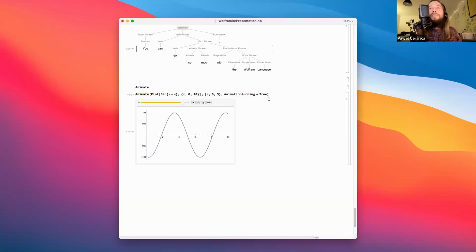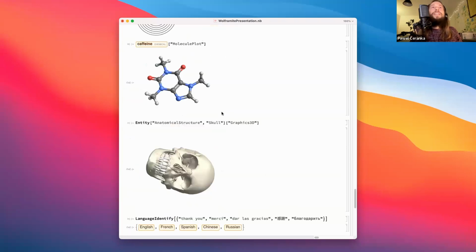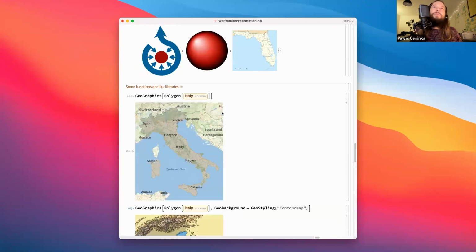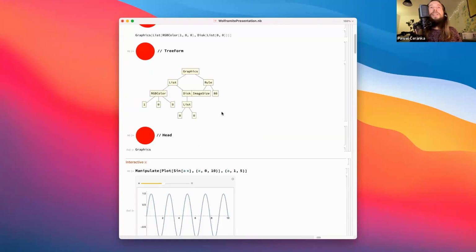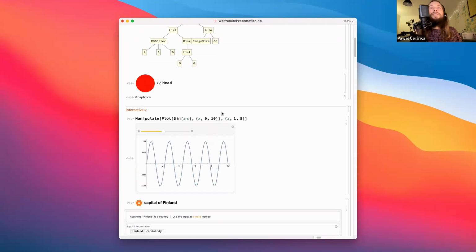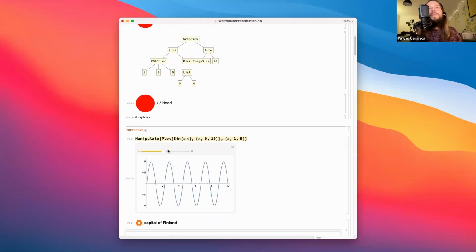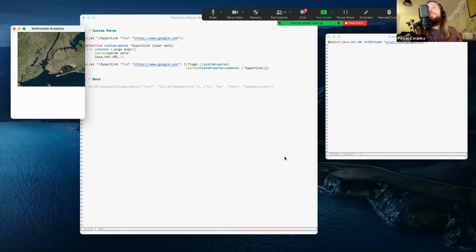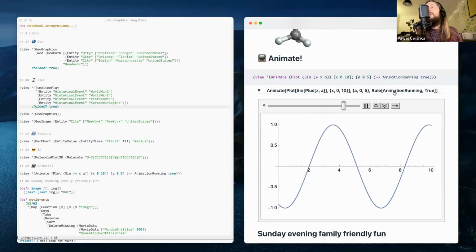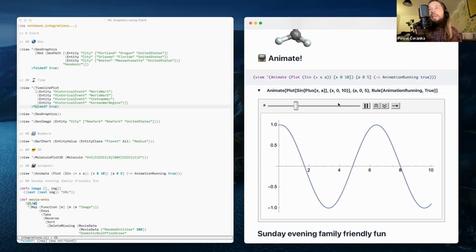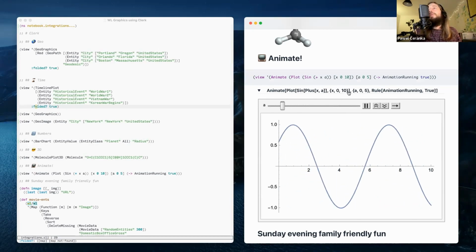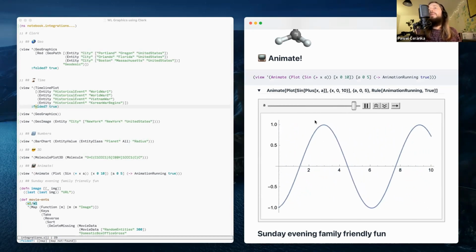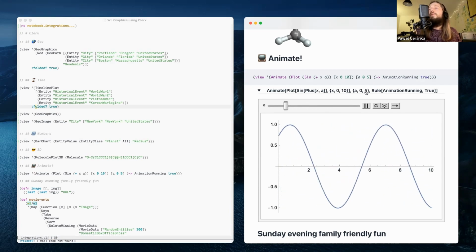This is actually wrong. This is not the evaluation of this. The manipulation thing with the slider was here. Okay, here. So this is Manipulate, right? This is just the interactive thing, and Animate just gives you this GIF going through the range. In this case, what is it? 0 to 5. Yeah, probably.